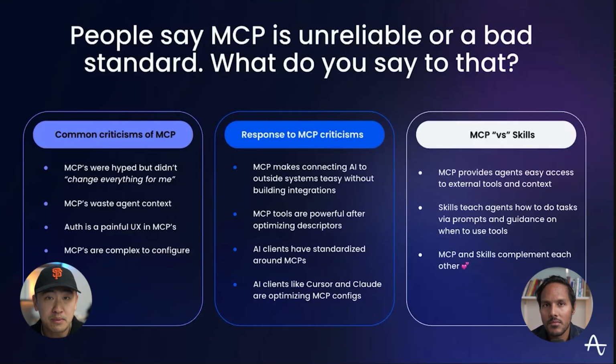Second piece is MCPs require some amount of optimization. You need to go back and forth on what is the right set of tools you want to make available in your server. You need to optimize the names of them, like data sets or actions you make available. And whenever you're finding edge cases, it's similar to some of the eval-driven development that you see for agents. Once you find those edge cases, figure out how you can optimize the tool names and the descriptors. And once you come to the right set of tools, those servers and integrations work very seamlessly and power a huge amount of these complex workflows.